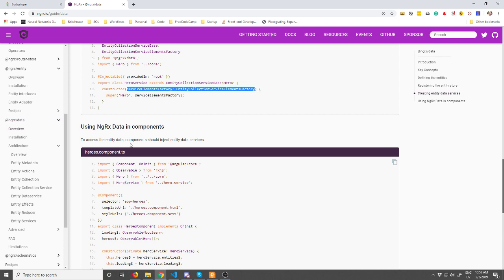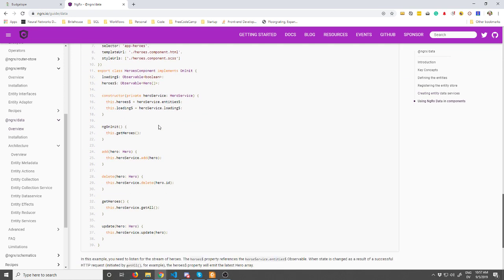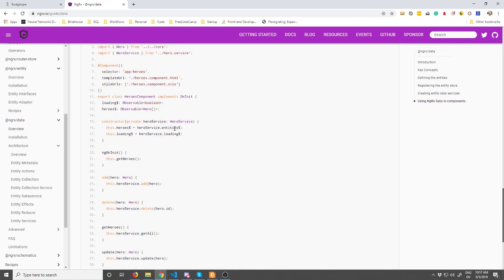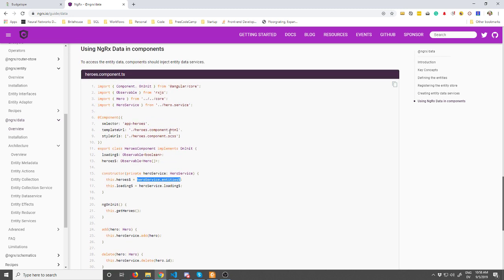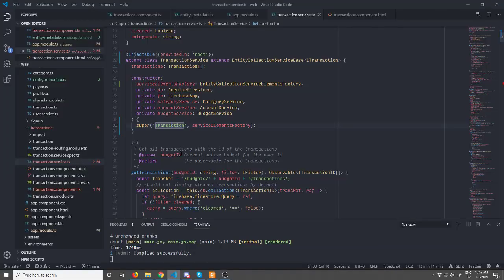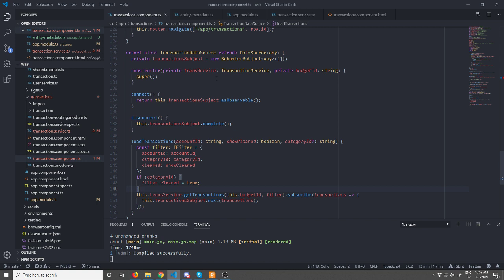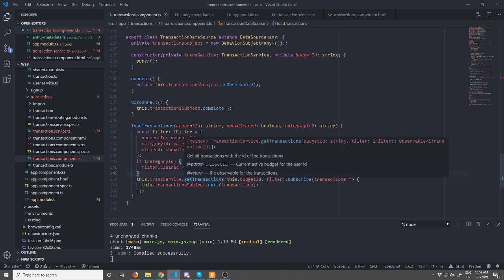Using Ngrx-data to access entity data, the component should inject entity data services. So it's already injecting it, that's fine. And then we get EuroService entities. Okay. So on the transactions component, load transactions, the transaction service, which is injected here, and we do it here,